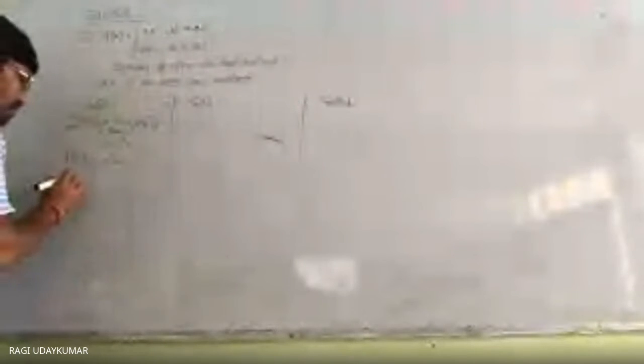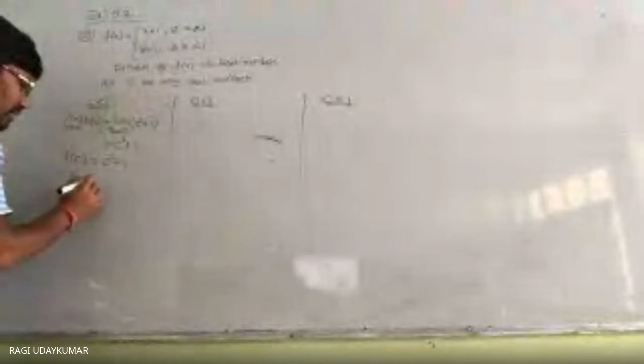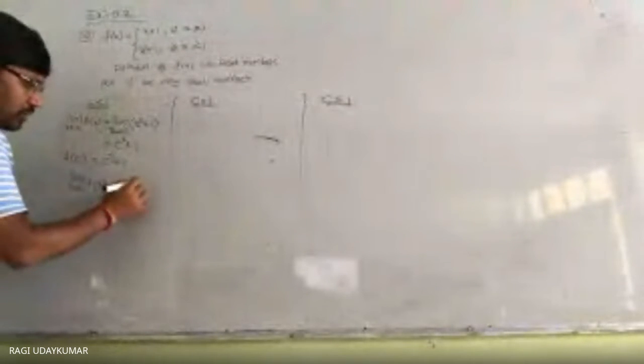Less than 1 and greater than 1 will obviously be continuous because limit x tends to c of f of x equals f of c. No need of finding left hand and right hand limits. Say c is negative, less than 1. Less than 1 का function क्या है? That function should be written here. Then we are going to get c square plus 1. f of c क्या होगा? c is less than 1, so c square plus 1 substitute करना है. So from this you can say that limit x tends to c of f of x equals f of c.